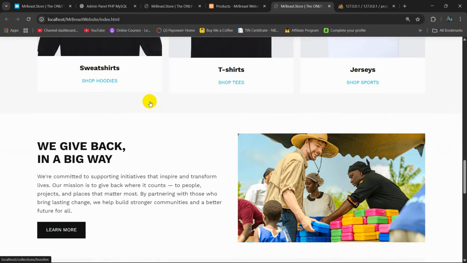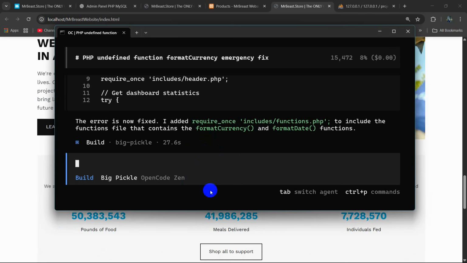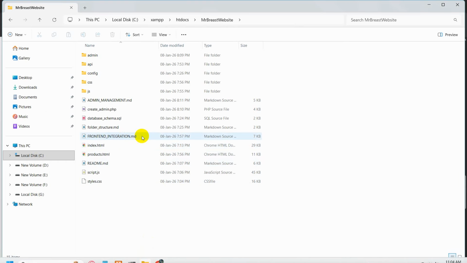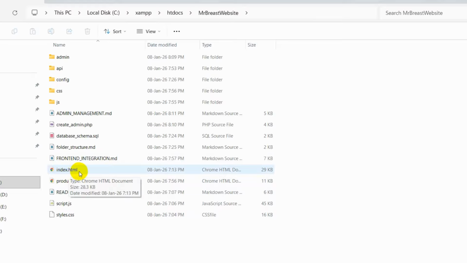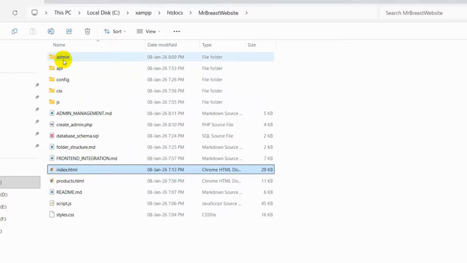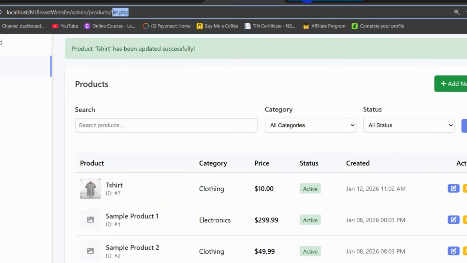Okay, so what I am going to do is that we'll just go to our open code again, and in the open code, let me just show you the project and expand you a little bit. There you can see this file name is index.html and our project is PHP project, right? So we need to connect our backend, I mean the admin panel, with this index.html. So we need to change the index.html to index.php. And so what will happen is that whenever we make changes in the admin panel, it will reflect it on